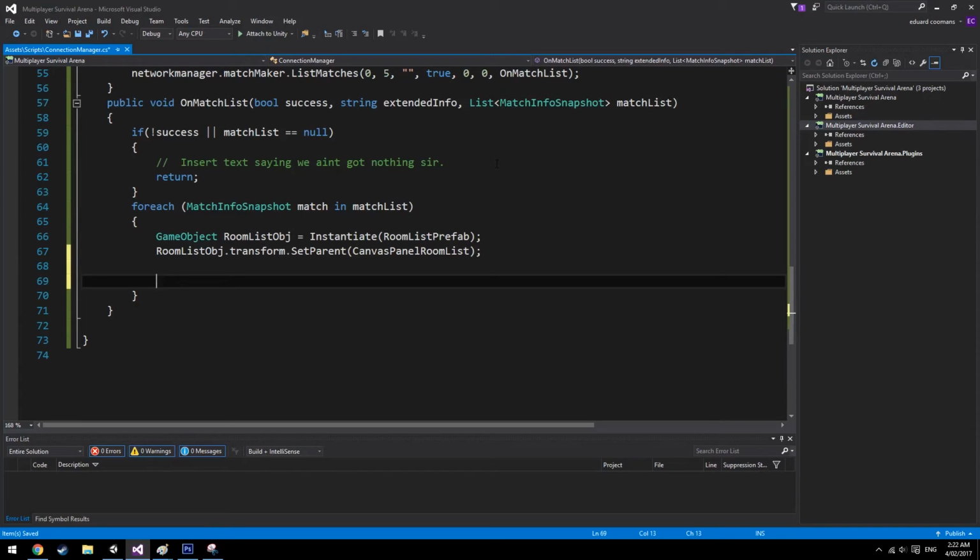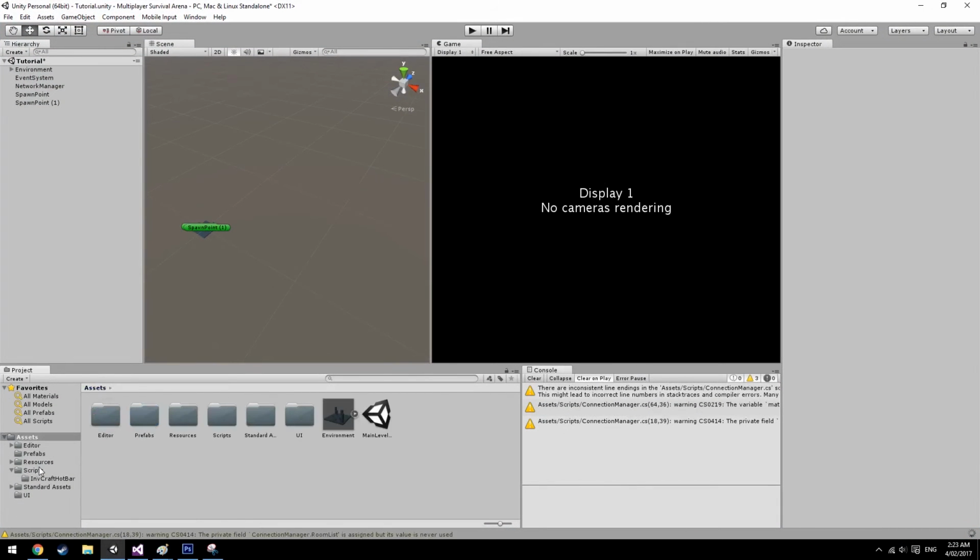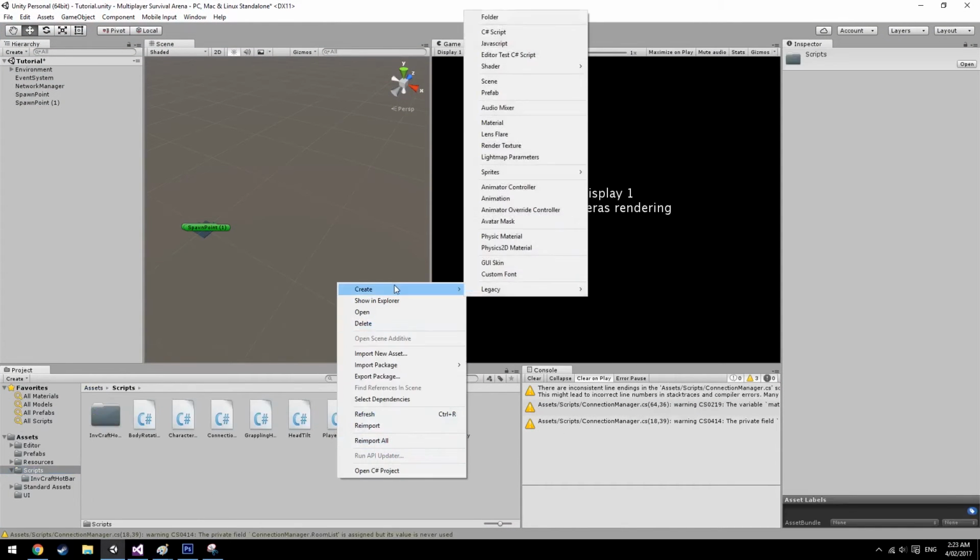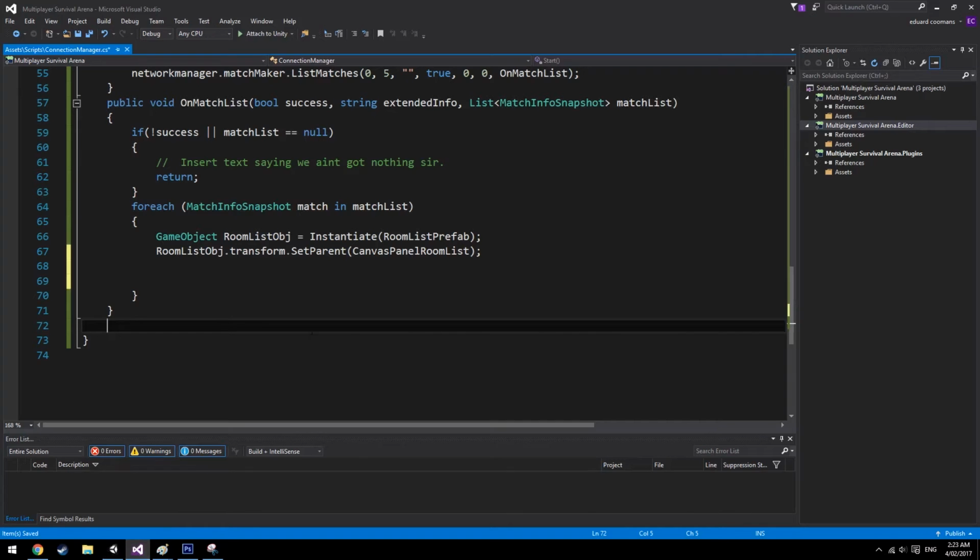We are going to need to make a new script. So we can go ahead and create a new script for this element. We're creating a script that, when pressed, is going to be an on-click function. So when we press the button, it is going to join the game. So we're getting the room lists. When we get the room lists, we're going to make a game object that is a button, and when we press the button,